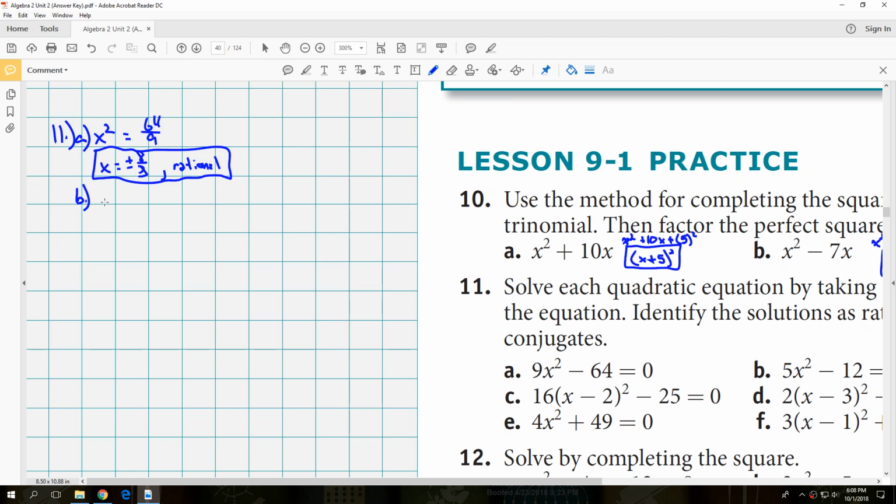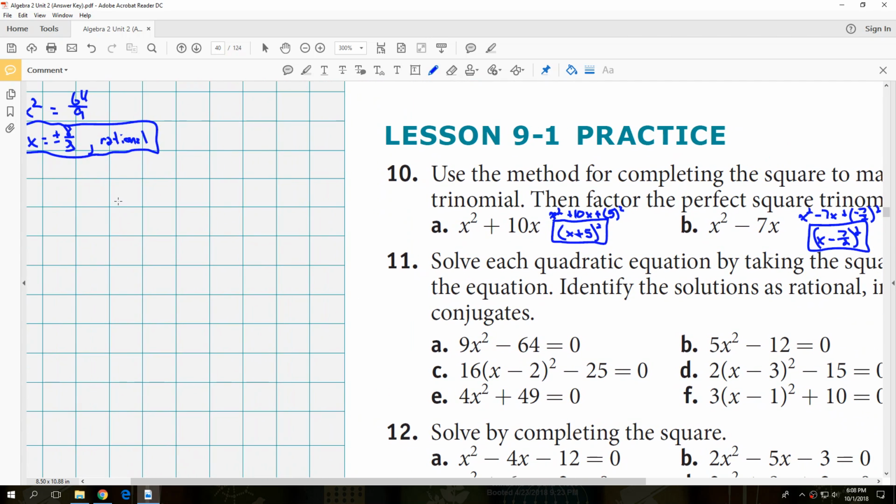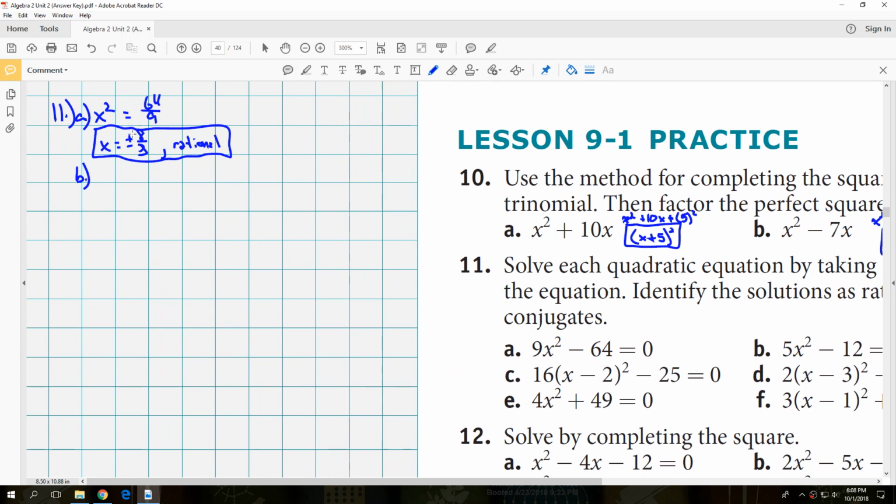So 11b, let's see here. The problem is 5x squared minus 12 is equal to 0, as you guys can see over here. So let's go ahead and isolate the x squared first. So x squared is equal to 12 divided by 5. And we'll take the square root of both sides, and so we get x is equal to plus or minus the square root of 12 divided by square root of 5,